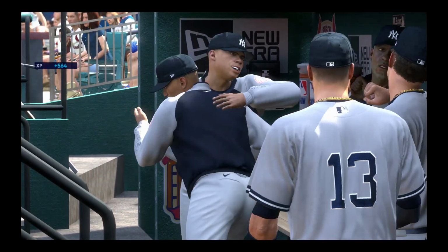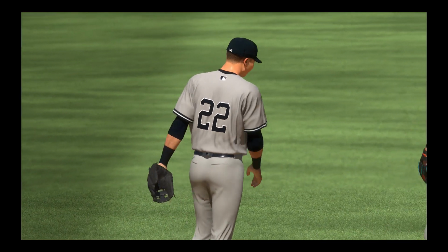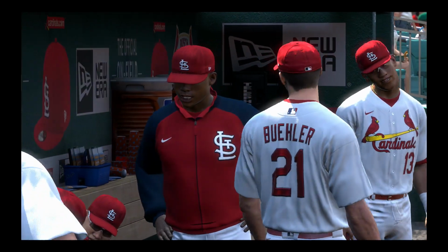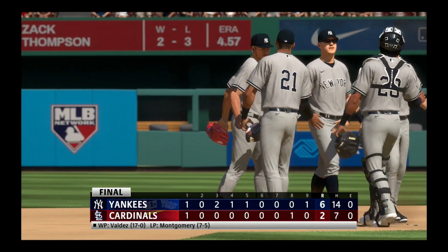This is a huge win to take this series on the road before heading back home. You go home feeling good about yourselves. You've got some good momentum. But at home, you also have a higher expectation to play well. So they're going to have to maintain the focus because those fans are expecting a lot. And your final, 6-2, for Chris Singleton and our entire